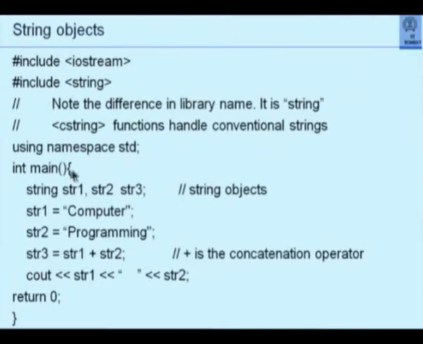So let us look at how it is being used. I am now defining string as a class, so I can define objects of the string class. The string class is actually the normal strings that you deal with, but you don't have to worry about \0 or anything like that. In fact, you don't even know how these strings are internally represented. That is a private data member of the string. You don't have to worry about how it is represented.